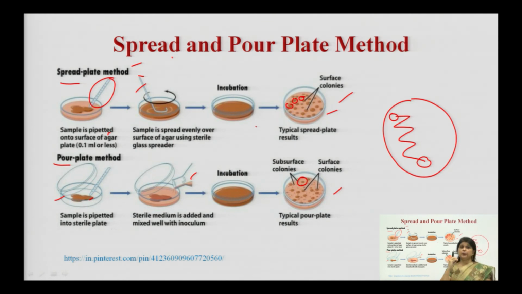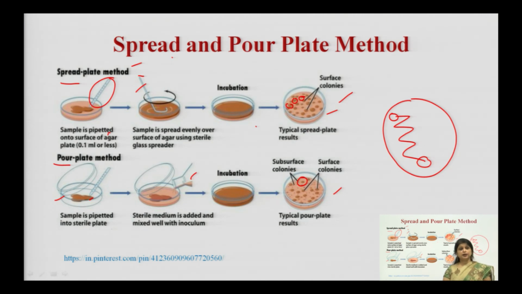The colonies will develop on the surface as well as deep inside the culture media. So that is the pour plate isolation technique, in which we get colonies even deep into the culture. The colonies will grow and we can isolate those colonies, and those isolated colonies are